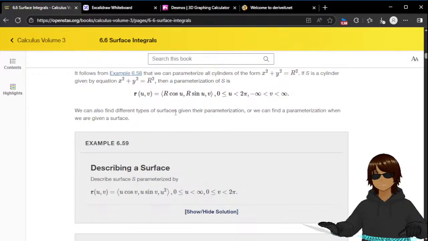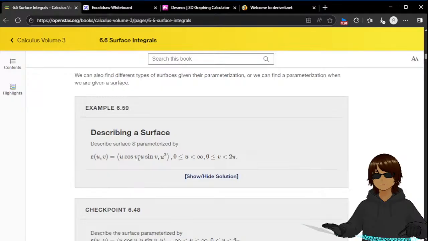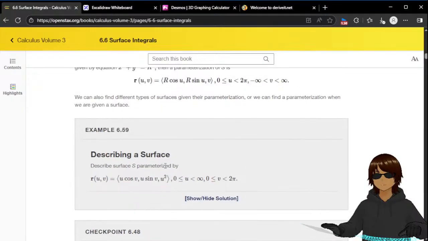We can also find different types of surfaces given their parameterization, or we can find a parameterization when we are given a surface. Describe the surface S parameterized by (u cos v, u sin v, u squared). Let me think about this. If v is constant,